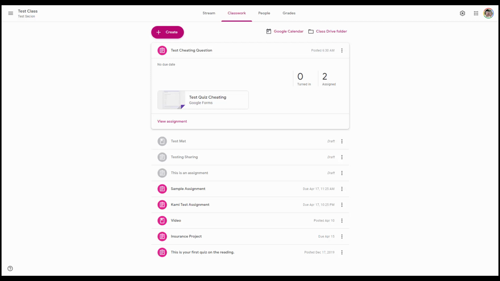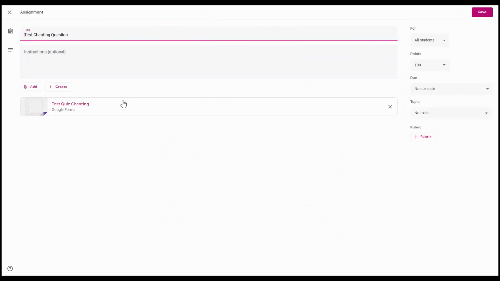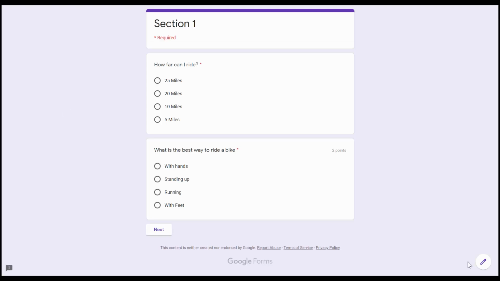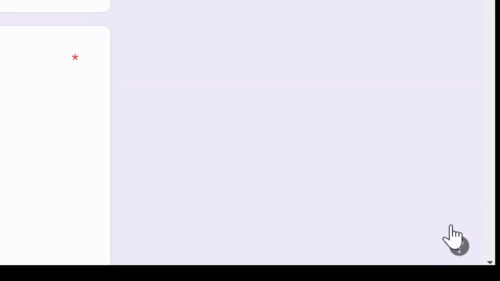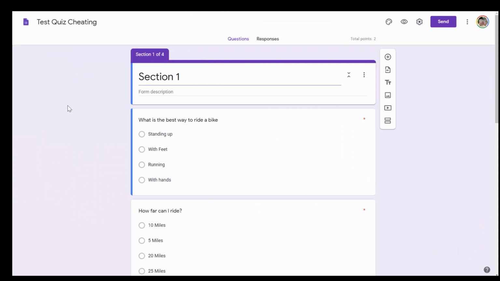I've already have a quiz set up, and I'm going to go ahead and click on Edit to edit that quiz, and then I'm going to click on the Google form that's being used to generate the test. I'm going to click on that, and then I'm going to come down to the right hand side and click on the button that allows me to edit the form. And here's my